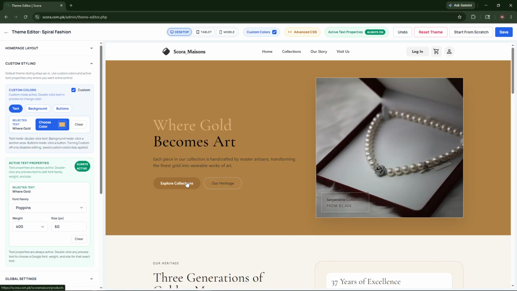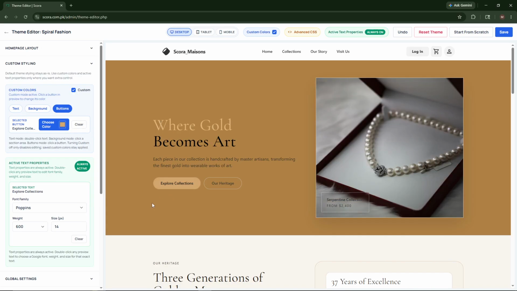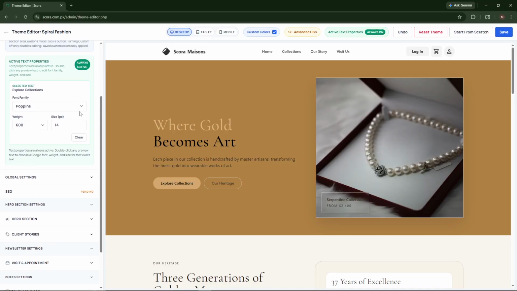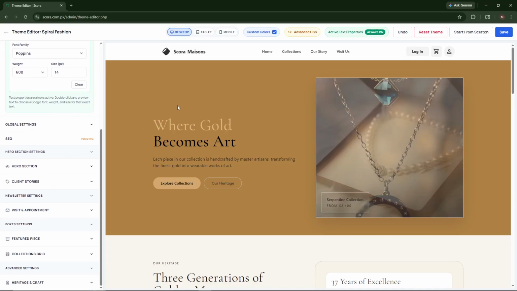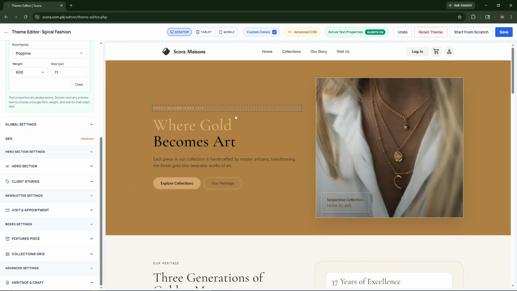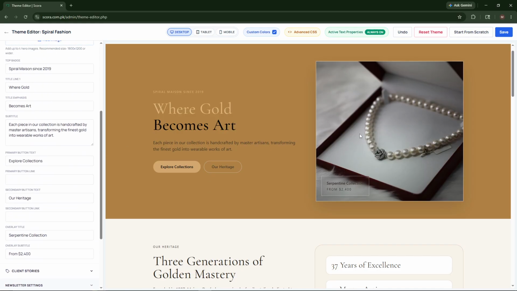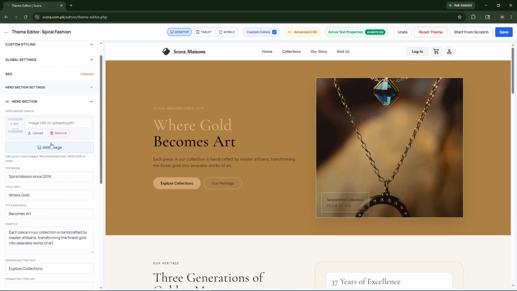Now how to change the button color? To change button color, just click on button and now click on this button. To change this color, you can just pick this color and you can see the color of the button is also changed. Now back to text. Now how to change this text too? Okay, I will change this too. Okay, now it is looking better. The changes will save auto, but you can save it too to make sure it is saved. Okay, page is saved.